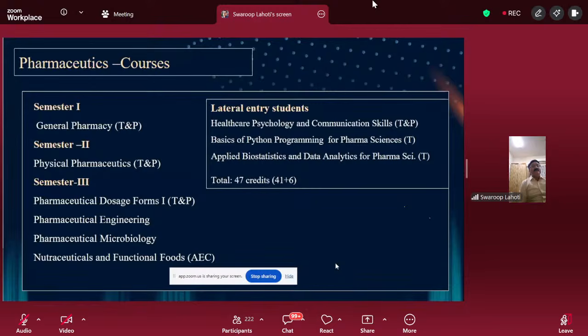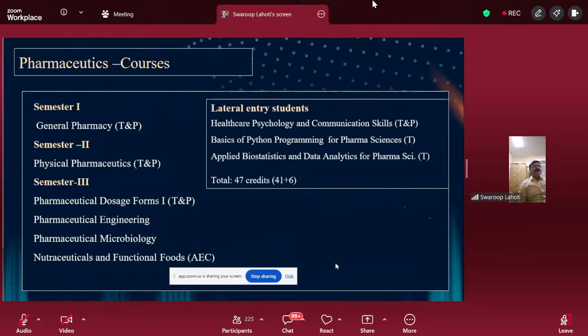Then dosage form technology: pharmaceutical dosage form 1 covers the solid dosage forms, tablets, capsules, along with powder dosage forms and microencapsulation, which is covered in detail. Pharmaceutical engineering is already a known subject. Pharmaceutical microbiology, only theory is included, because the practicals of pharmaceutical microbiology are clubbed with pharmaceutical biotechnology as the